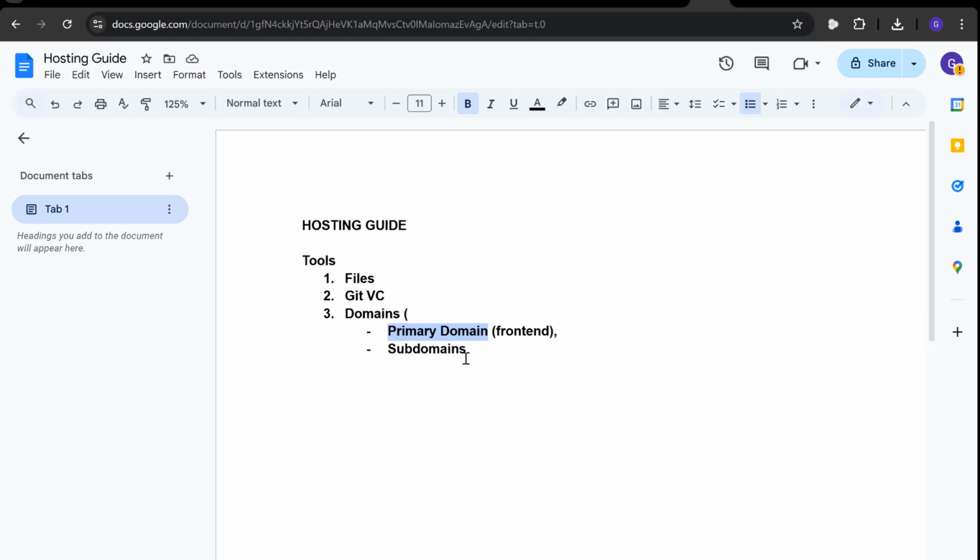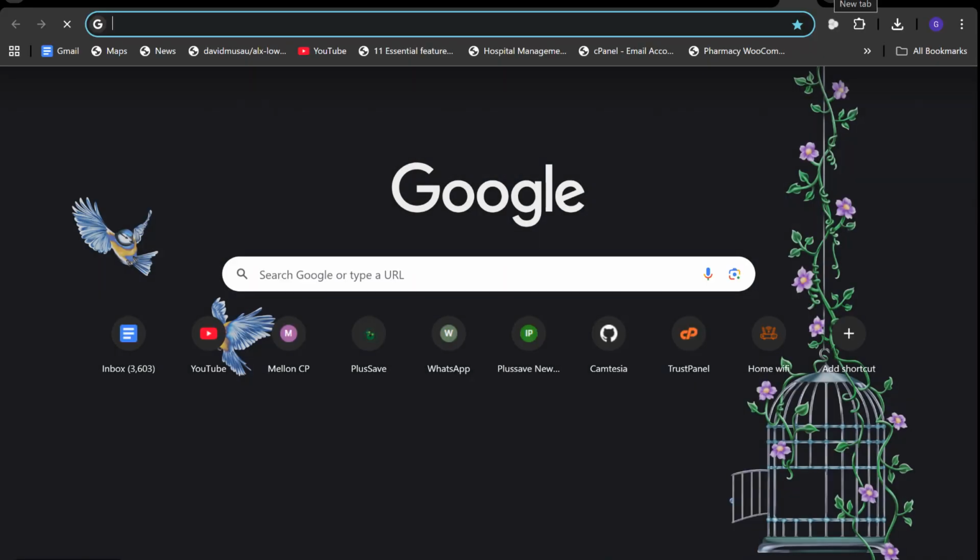And then the subdomain, which is a domain that is built on top of your primary domain, will be pointing to the back end. So why is this the case? Because most of the times, if it's going to be a website, you want to ensure that when you host your website files, the first landing page,